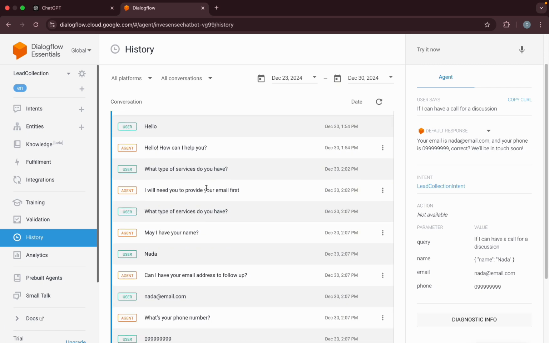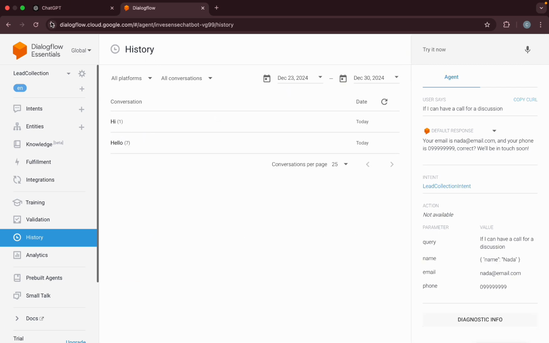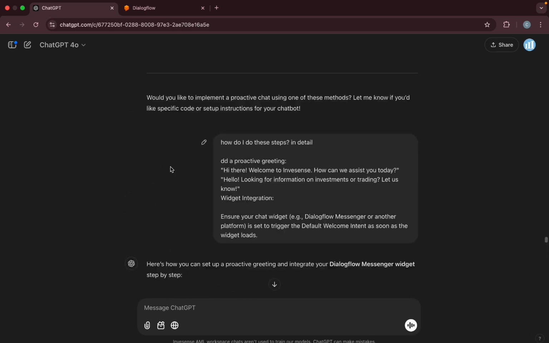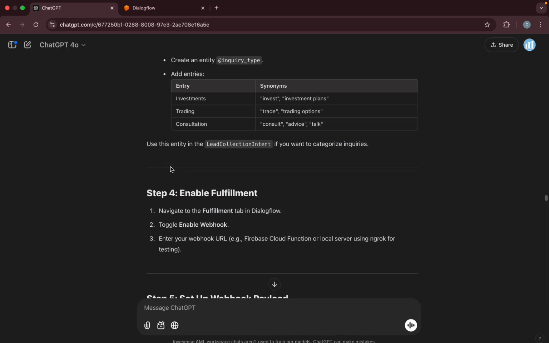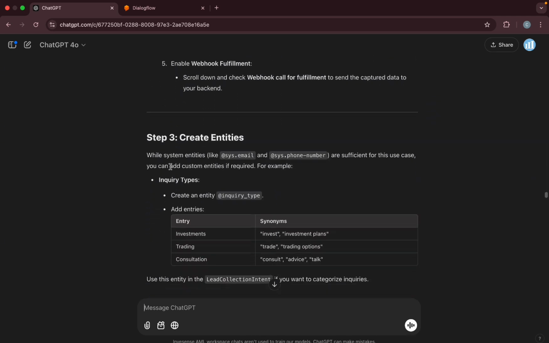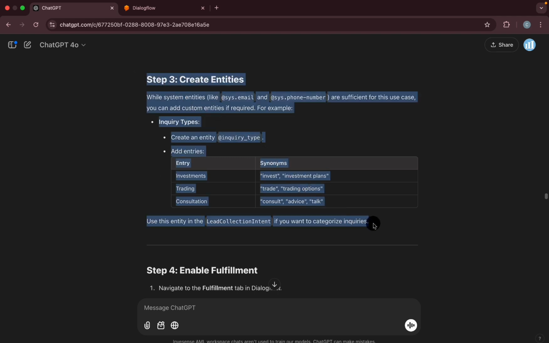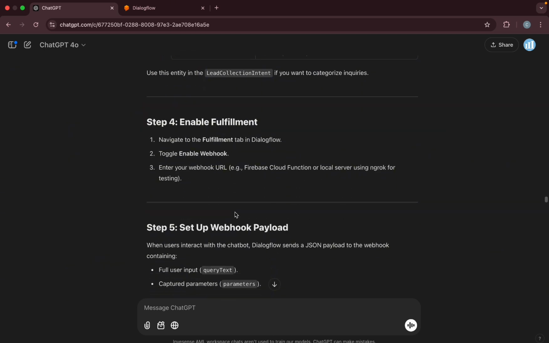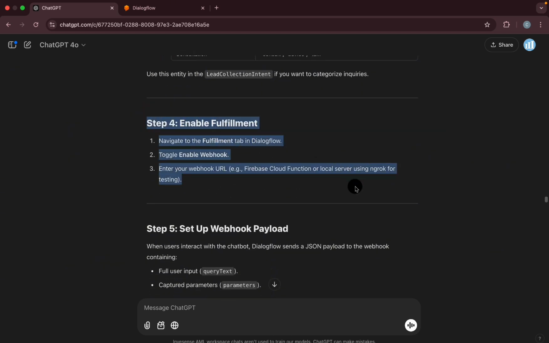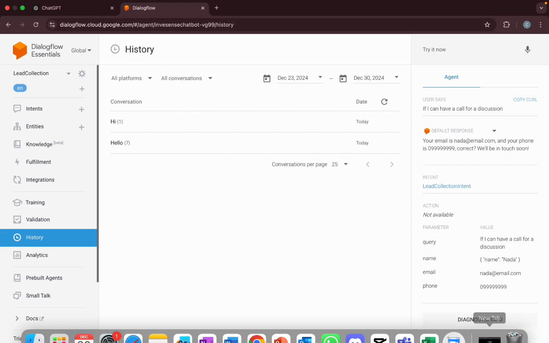So later on, we want to figure out how we can extract this and use this data so that maybe we can contact these people who are trying to get information about our company. Okay. The next step would be to create entities, and this allows for a lot of customization. So this will be suitable for use cases like frequently asked questions. And after that, we need to look into how to enable the fulfillment to store this data that we do get from the user. Right. So that being said,